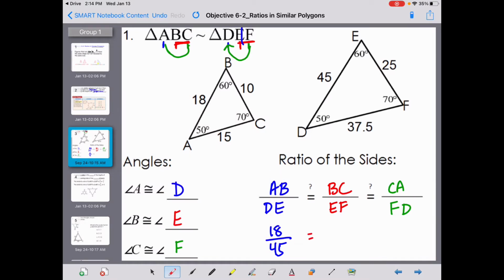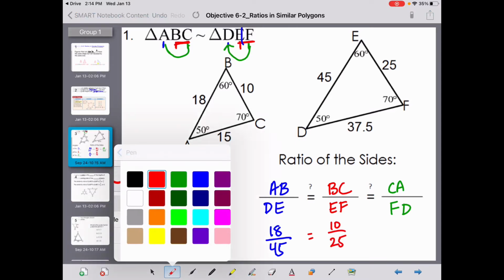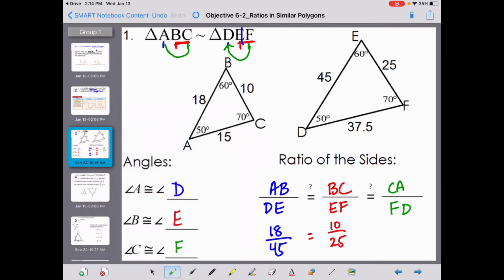BC is 10. EF is 25. CA is 15. And FD is 37.5. So what I'm saying is that when I simplify, I'm going to go back and color code these again